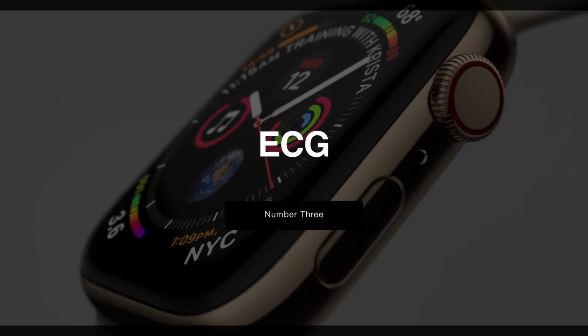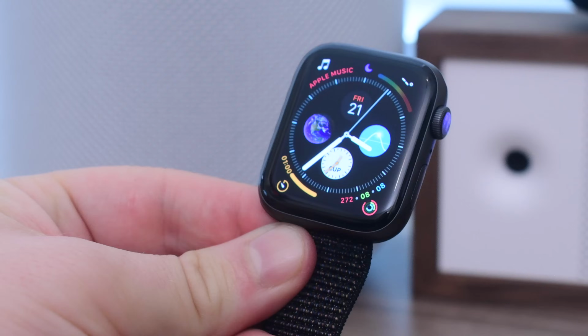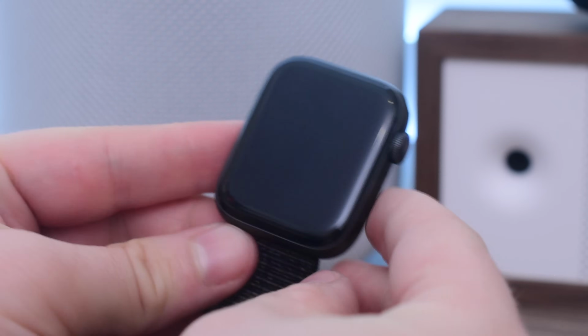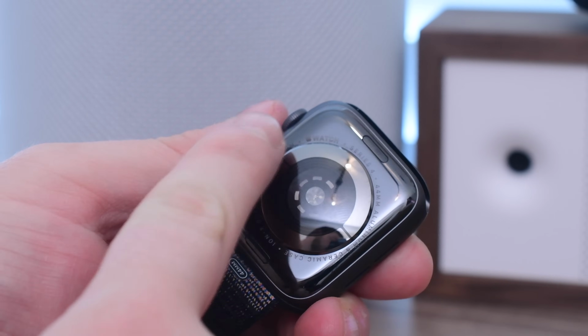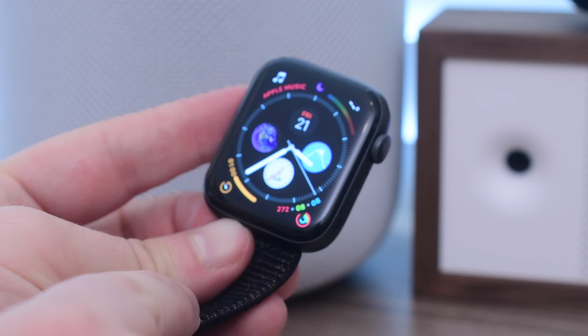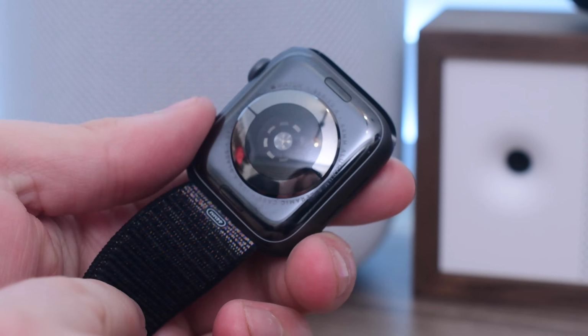Speaking of that new heart rate functionality, the new Apple Watch is capable of taking an ECG. While there's heart rate functionality on others, like just taking a heart rate, monitoring high or low heart rates, the new Apple Watch is able to take an ECG. There are actually two metal electrodes, one inside the digital crown, and this metalish part right on the back of the Apple Watch. Whenever you touch that digital crown to take that ECG, it'll complete the entire circuit and give